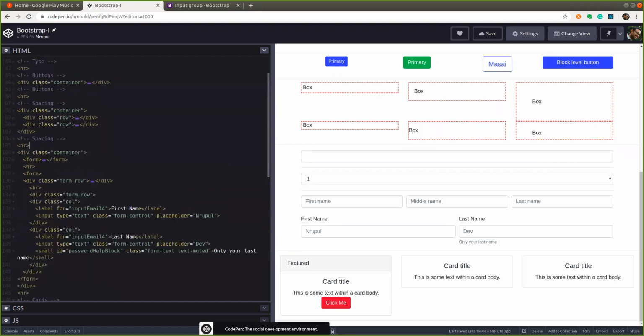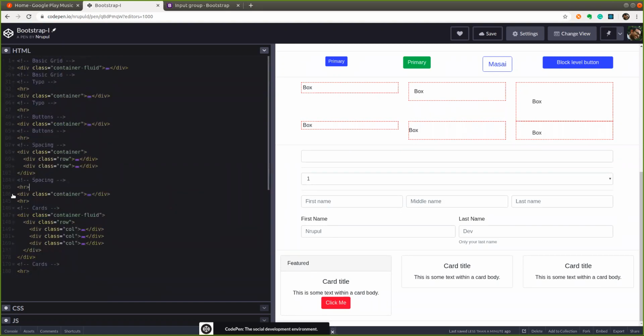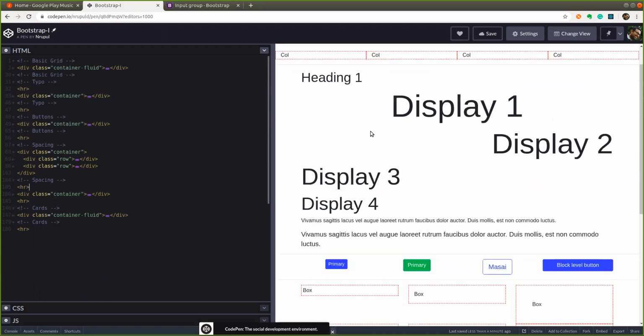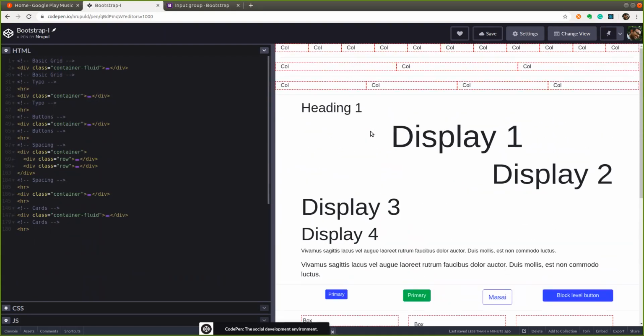All you are doing is using those classes to create good looking layouts or elements without any effort. So that's why, like I said, it's a very useful thing for developers, because with very minimal effort, you can now start building very good looking pages. So that's the whole